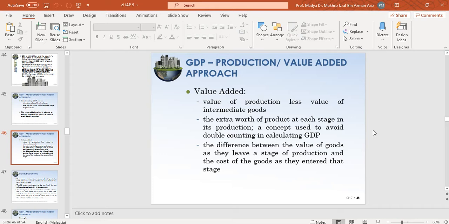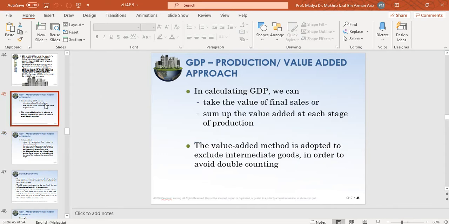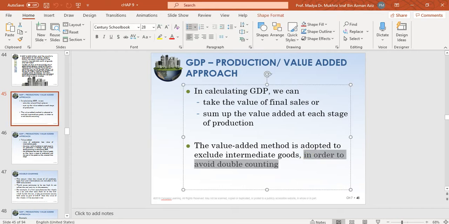For the production or value added approach, if you look at this concept here, it is based on the word value added, based on the process or stage in production, compared to the expenditure approach, which is based on consumption and investment. So you are summing the value added at each stage of production. But one of the most important concepts you need to understand under the production or value added approach